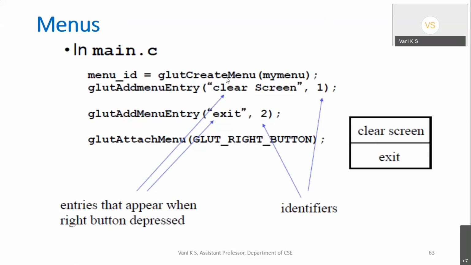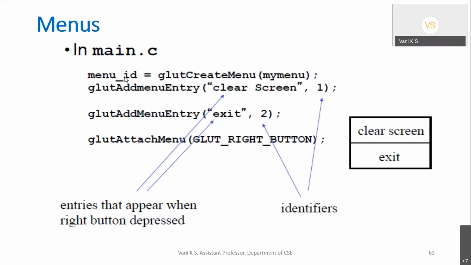So how to create a menu, you understood? I think it is through glutCreateMenu. And this is the function which should be called as a callback function. So this is a callback function which will be called whenever you click any button or menu option on the menu. So this function will be called when you click on the menu. So how to create a menu in OpenGL is through glutCreateMenu. And once the creation is successful, an ID identifier will be returned to you.